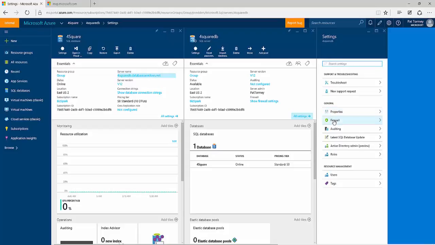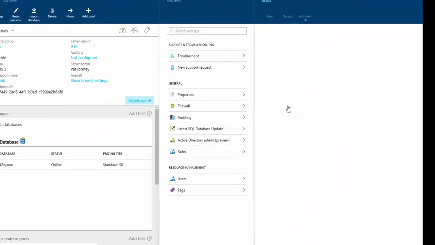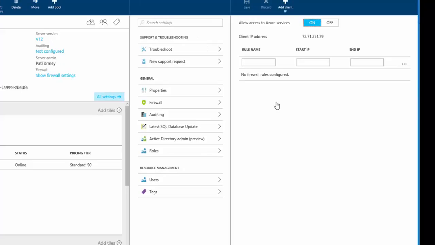And under Properties, you'll see Firewall. Now this is very interesting. In an Azure SQL database, you actually give explicit permissions to IP addresses. This is for your own safety and a great idea. You could, of course, go 0.0.0.0 to 254.254, but that's not the right way to do it. The right way to do it is to give this a particular name, and I'll say Derry, NH,